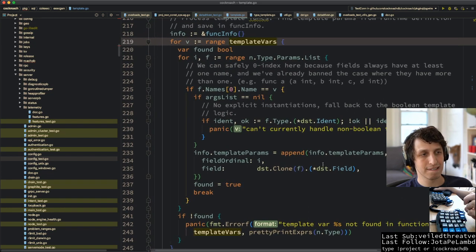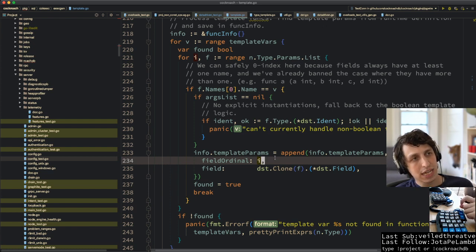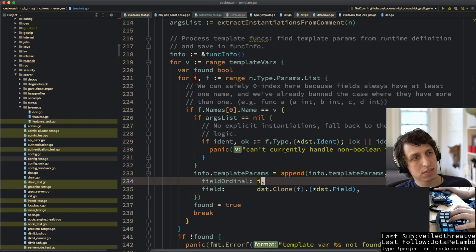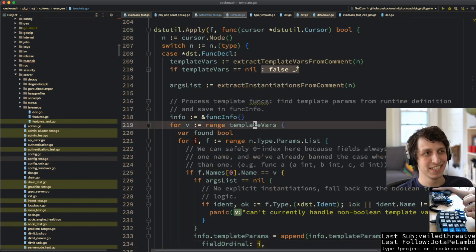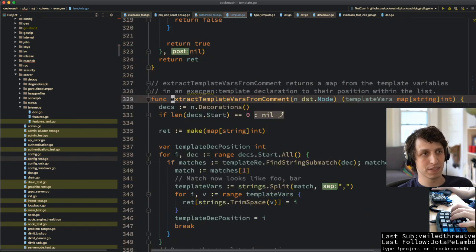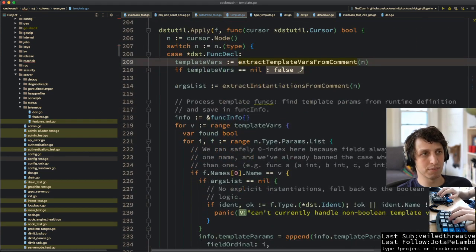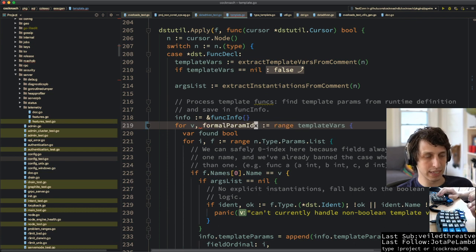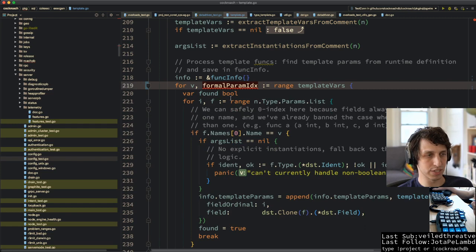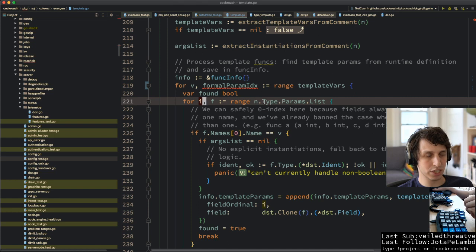Okay, so type.params. This is massively confusing, I have to say. So template vars is this map from template variable formal parameter name to position within the list. So I guess I should say formal param idx, right? That's the thing that we're not using. But I think the idea is that this I, we were expecting that this I, which is the position